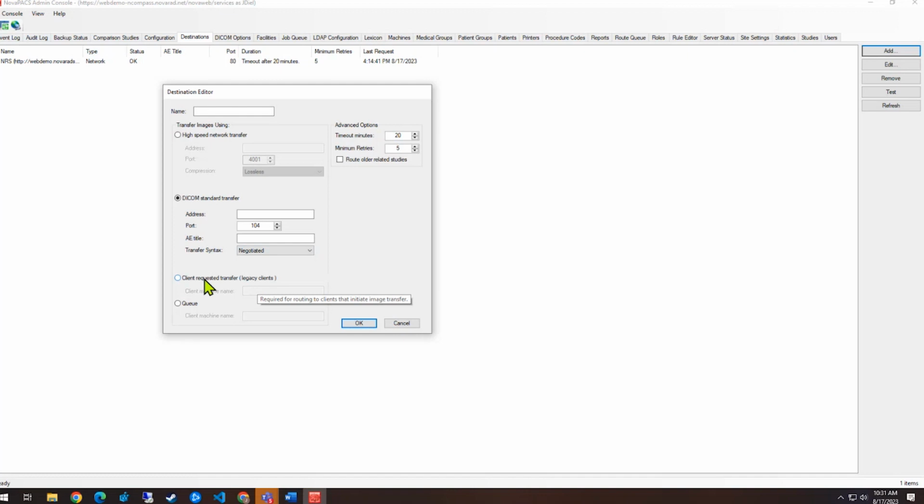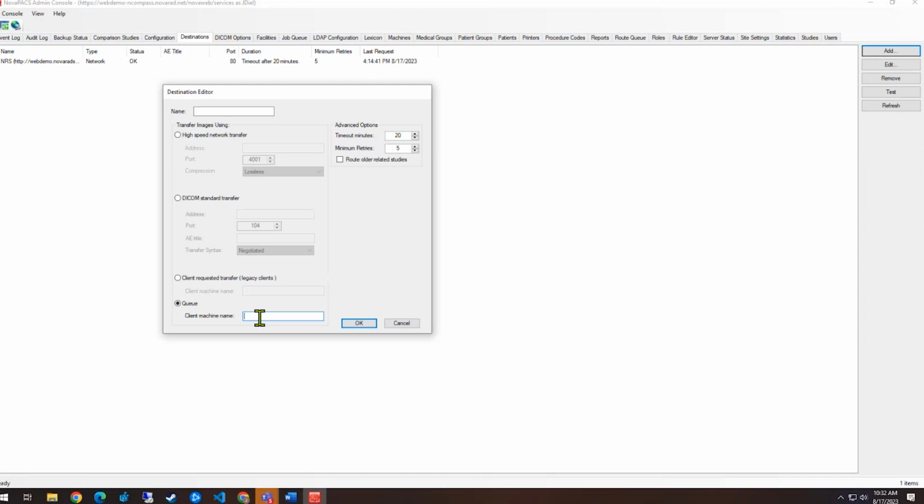It's an older technology. Queue routing is actually one that a lot of people might benefit from, but they may not fully understand how it works. So what queue routing does is it essentially sets up a route queue in the system for a distant end system that it can't talk to yet, or it may not always be online. And you can even do this with the click once viewer. It does not have to be a managed viewer.